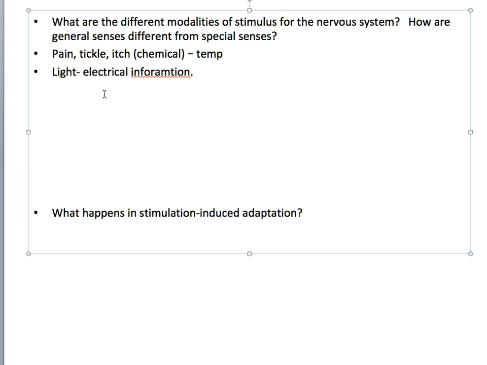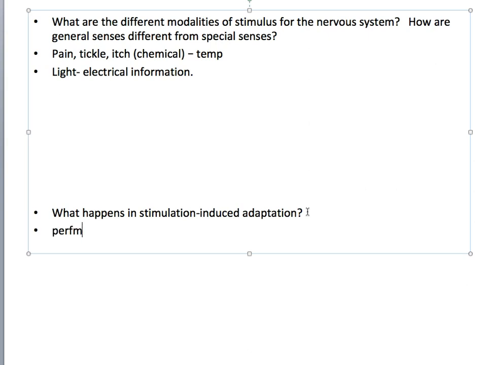Okay, and that electrical information is what's going to travel on the neurons to those parts of the brain. Now, how does this actually fit in with the next piece to the question here, which is what is stimulation-induced adaptation? Remember the example I used in class is like, say, a perfume,